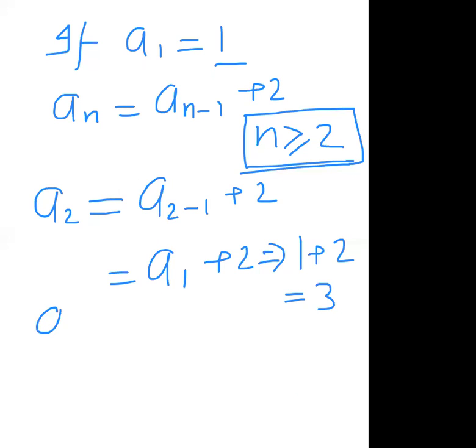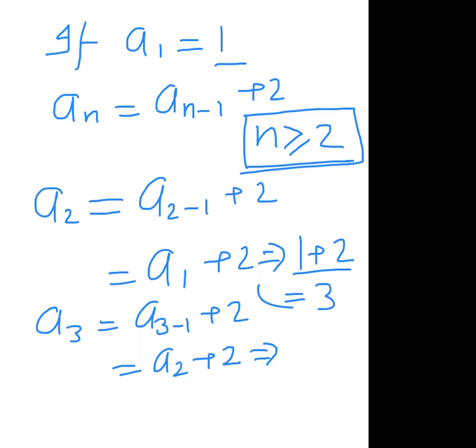Now a3. Next, n equal to 2 we have already done, so now 3. A3 will be a_(3 minus 1) plus 2. So it will be a2 plus 2. The value of a2 has come to us, that is 3. So 3 plus 2, the next term will be 5. Whatever number of terms we need to calculate, that won't make a big difference, but we need to do the questions in this manner only. So hope we will be able to do these questions also.